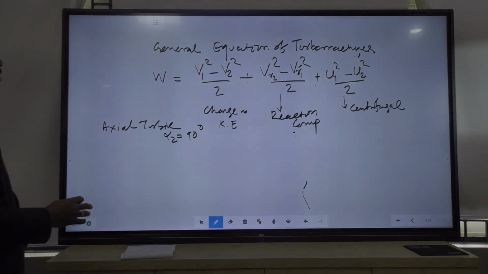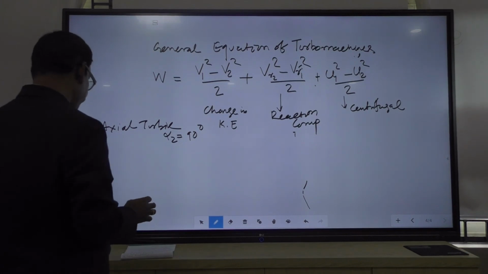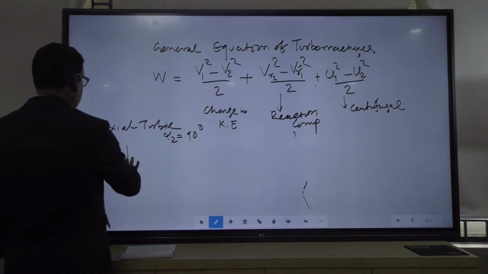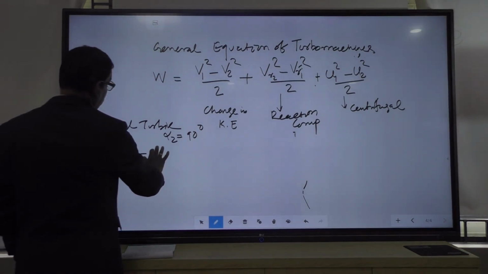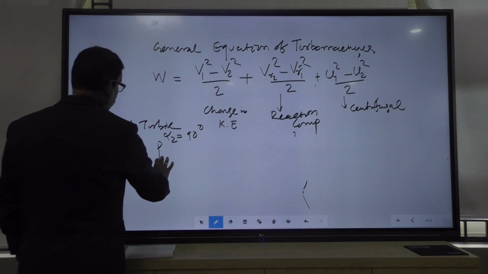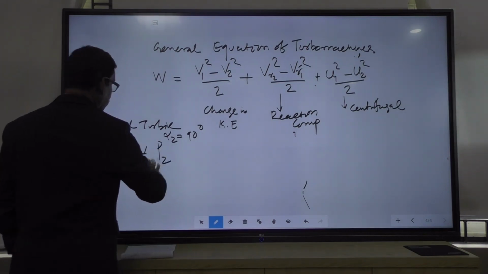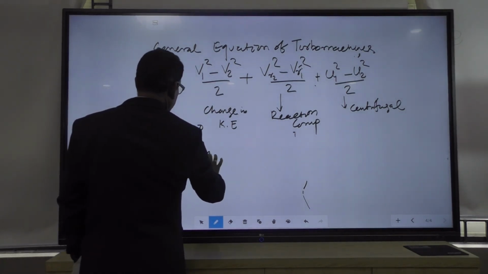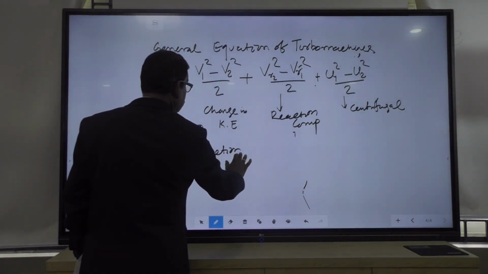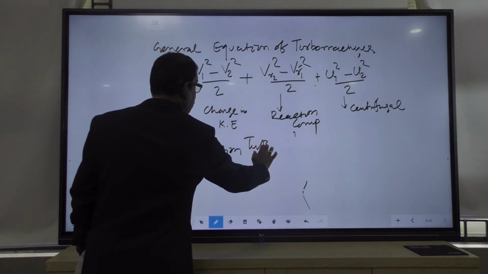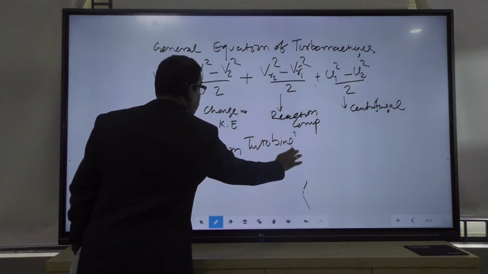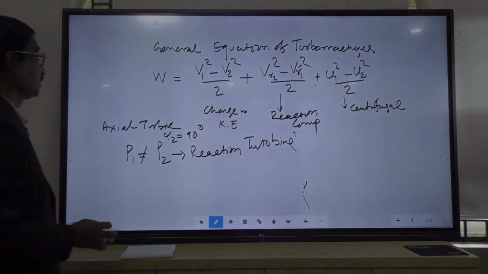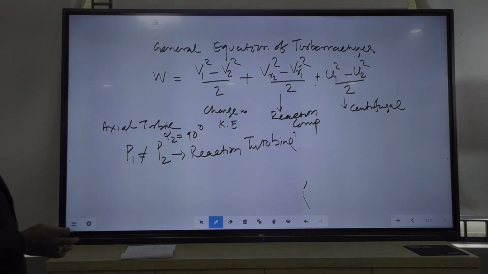They both reduce. So, here the inlet pressure of the blade is not equal to the outlet pressure in case of reaction turbine. In reaction turbine, the pressure drops along with velocity,